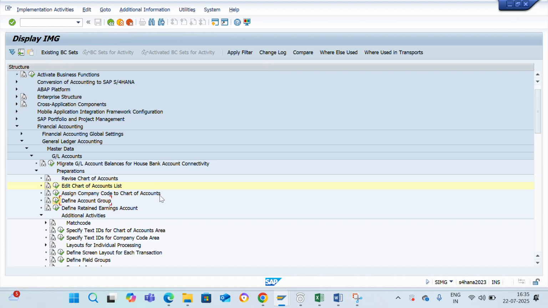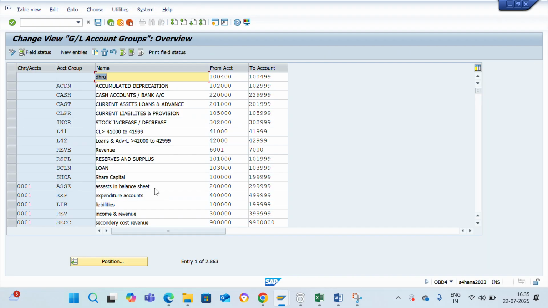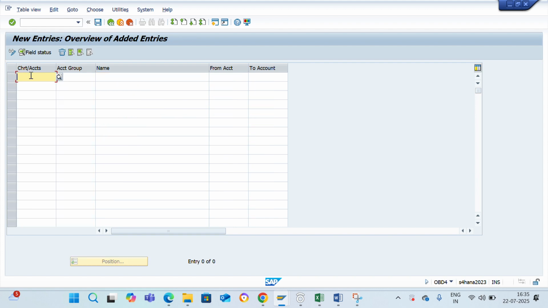After this we should also create the account groups. Let me create the new entries. So I am creating basic account groups as of now with major bifurcation into balance sheet GL, P&L GLs and the secondary GL accounts. But in a real project you will be having multiple account groups, which I will show in tomorrow's session. The account groups that are created in a real time environment. Today I will be creating